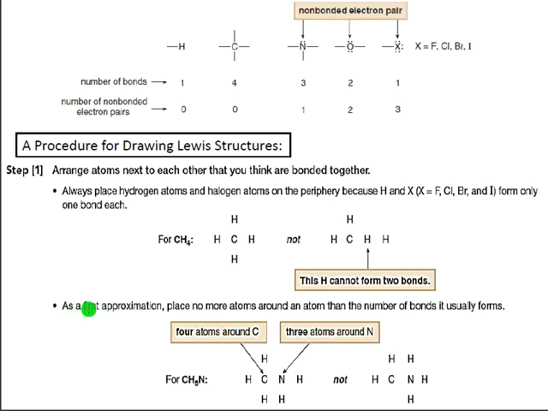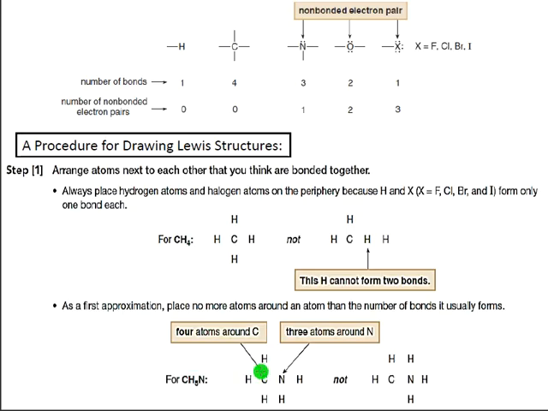Here, as a third approximation, place no more atoms around an atom than the number of bonds it usually forms. What does that mean? If you say the nitrogen is trivalent, that means the nitrogen is bonded to 3 atoms, that means 1, 2, 3. Don't put hydrogen here. If you put the hydrogen here it will be a mistake. Why? Because you have to make a bond between the nitrogen and the halogen, and here the 4th bond also. Then the result for the nitrogen will be 4 bonds, and this is a mistake, wrong. Okay,